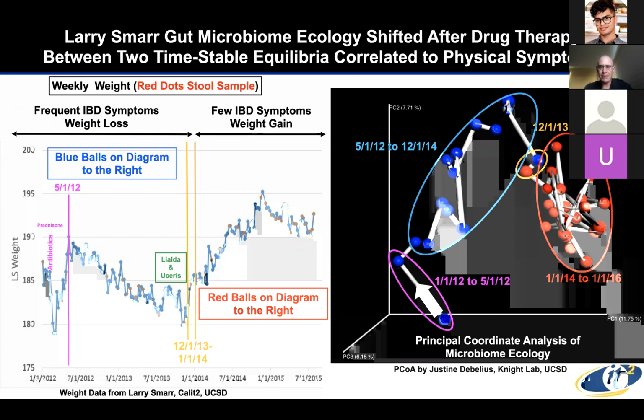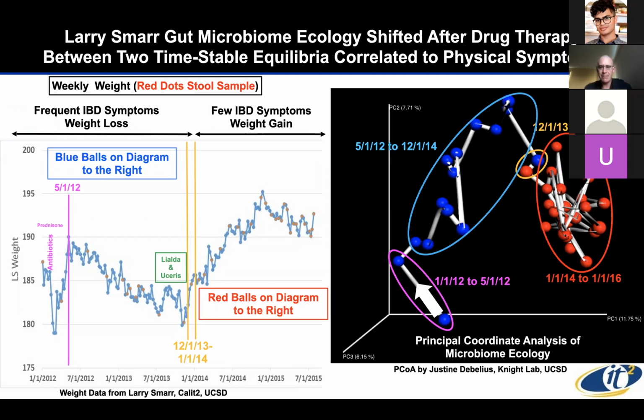And so if we had known about Larry's configuration space, we could have told him that as soon as he got into this red region, he was going to be fine. And remember that all this came out of that incredibly noisy underlying taxonomy data that I showed you a few slides ago. Now, you might be thinking, well, this is all very nice if you're someone like Larry who directs a large institute, but will it expand to other people?